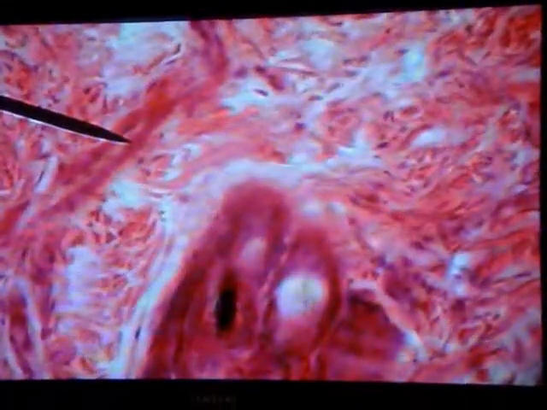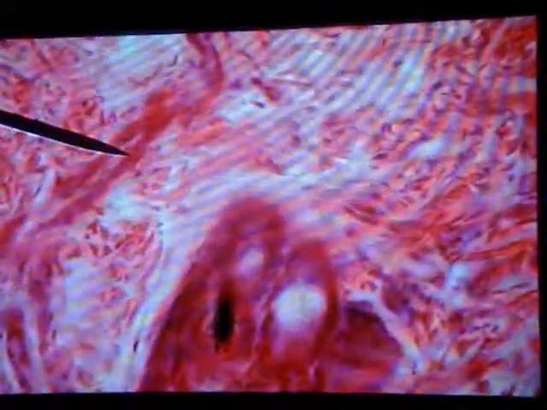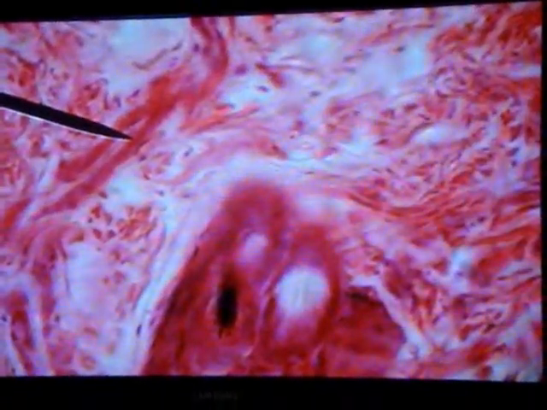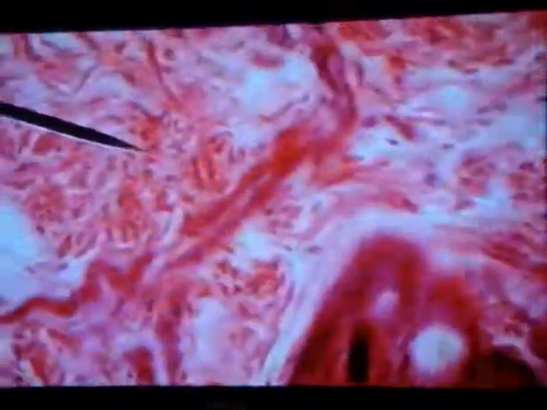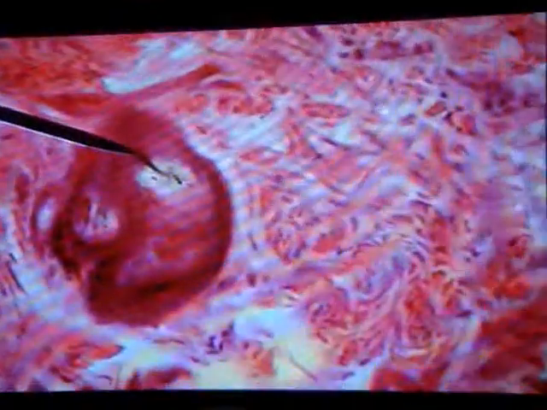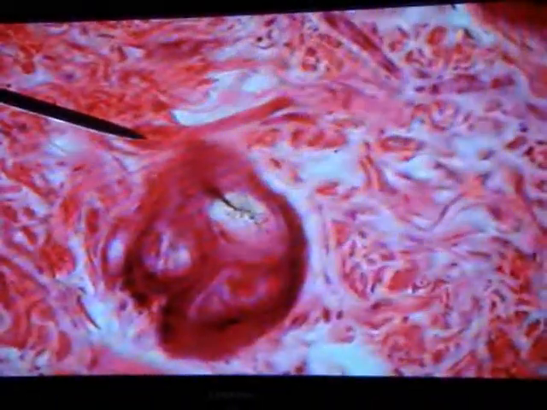Here you can see these are the fibers of the erector pili muscle. Again, this is the hair follicle, and this muscle just placed adjacent to the follicle is the erector pili muscle, and you can appreciate the nucleus.